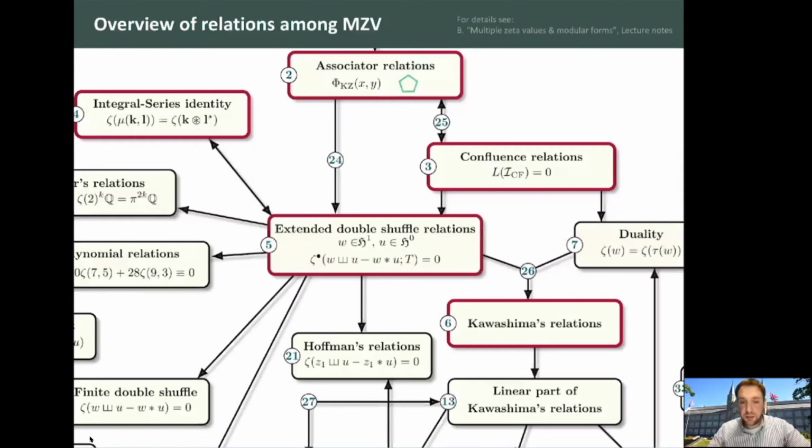So for example, in my lecture notes on this topic, you can find an overview of different families of linear relations. So here I mentioned these extended double shuffle relations, but there are various families. For example, there are the so-called associator relations, which conjecturally also give all relations. And there are also these so-called confluence relations and so on. But for example, between associator relations and these extended double shuffle relations, we don't know if they are equivalent, but we know that the associator relations imply the extended double shuffle relations, but the other direction is not known. And this direction here was shown by Furusho, who's also here today in the audience. Okay, but now